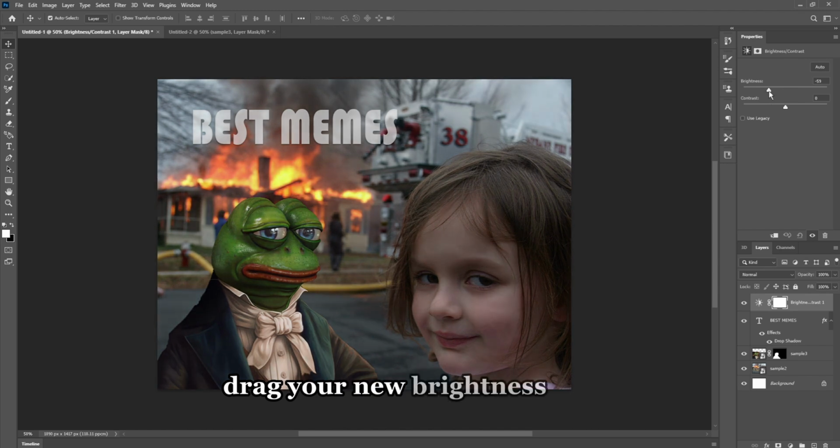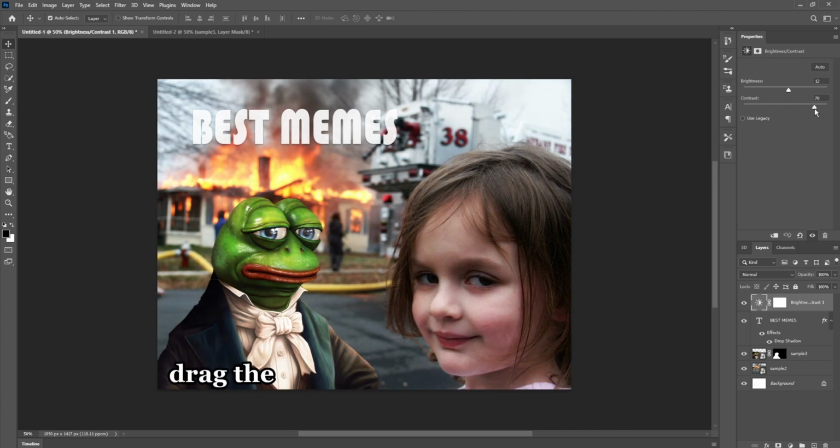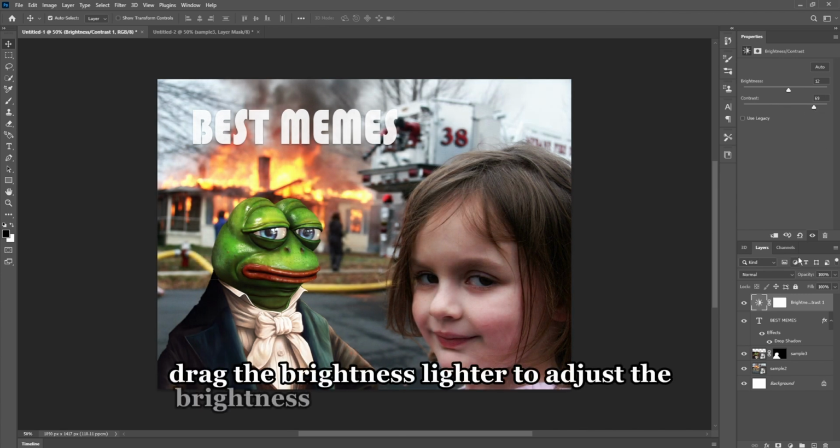Drag your new brightness layer so that it will be the only one above your background layer. Click the little sun icon on your brightness layer, bring up its properties, then drag the brightness slider to adjust the brightness,